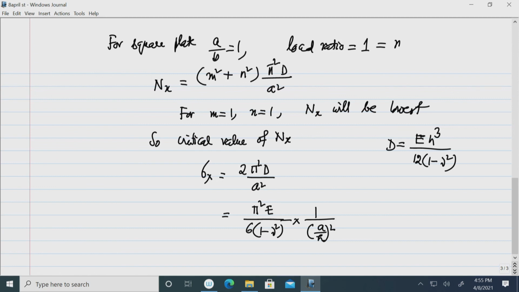So, the critical stress is obtained like that, and by substituting the numerical values, one can calculate the critical stress for this plate. Okay. So, thank you. I think you have understood how to proceed to calculate the critical load of a thin plate subjected to uniform compression as well as biaxial compression, but I have taken a special case where the load ratio is 1 and the aspect ratio is also 1, corresponding to a square plate. Okay. Thank you very much.